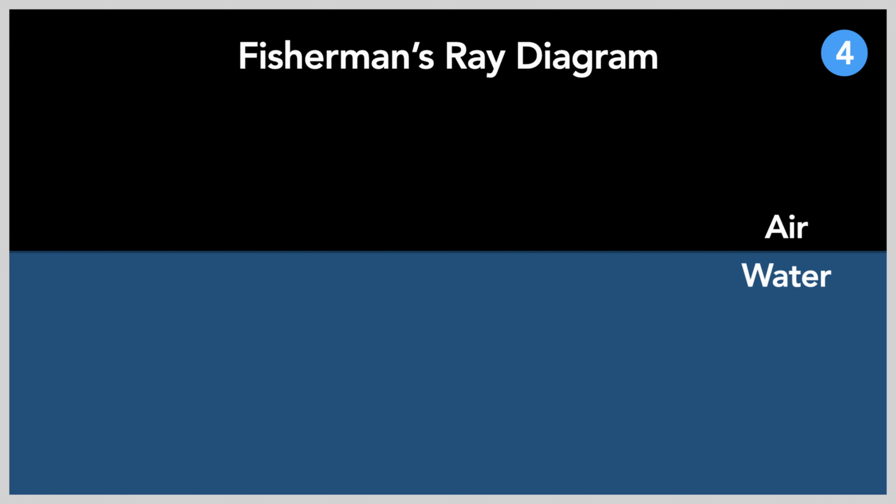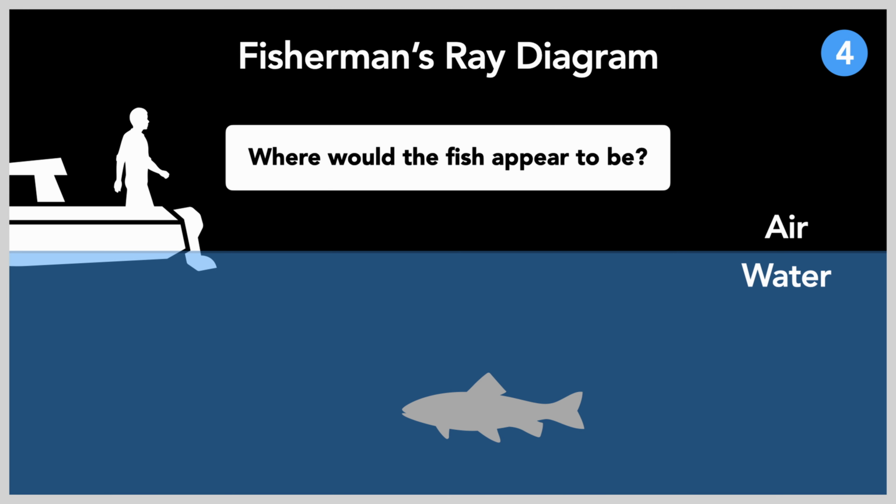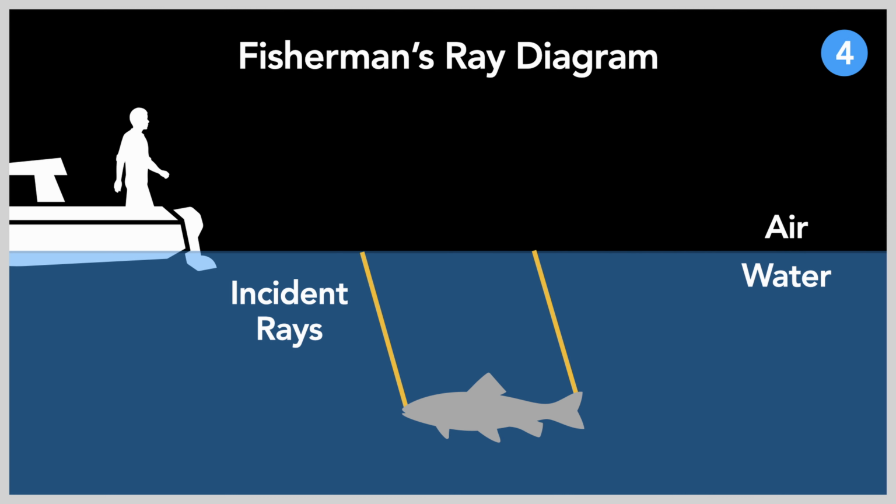Air and water have different densities, water being denser compared to air. When observing a fish above water, the light reflected off of the fish is refracted when passing through both mediums. To visualize this and determine where the fish would appear to be, we can plot a refraction ray diagram. We can start off by drawing the incident rays, making sure the arrows are pointing up as the light originates from the fish. Then, we plot our normal lines perpendicular to the water surface.